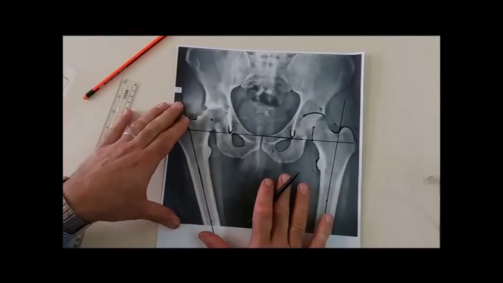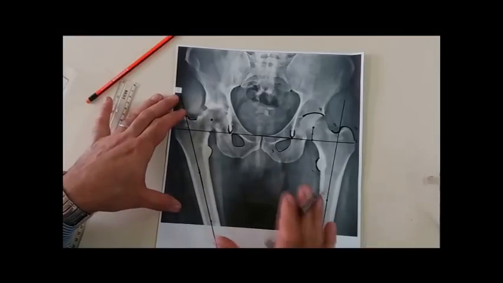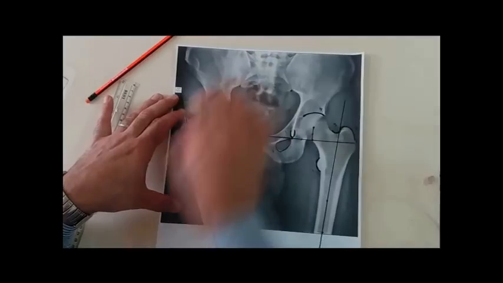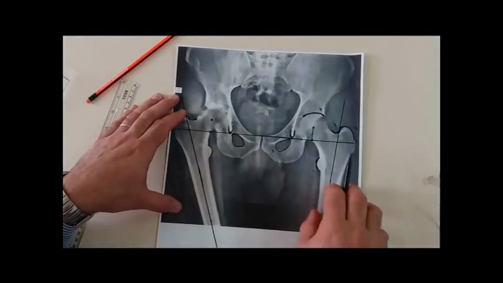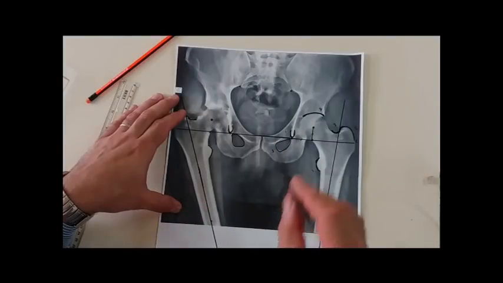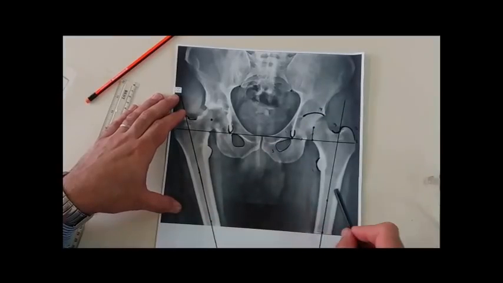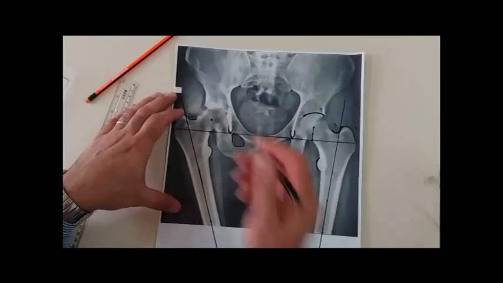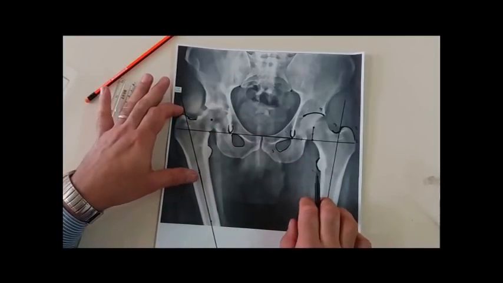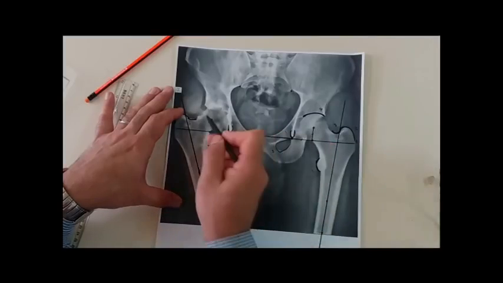We have finished the third step of templating. Just to remind you, the first step is to verify that it is an adequate AP regarding pelvis, femur, and magnification. The second step is to draw 4 landmarks from the pelvic side and 4 landmarks from the femoral side, and to check the magnification. The third step is to define the center of rotation on the normal side and transfer it